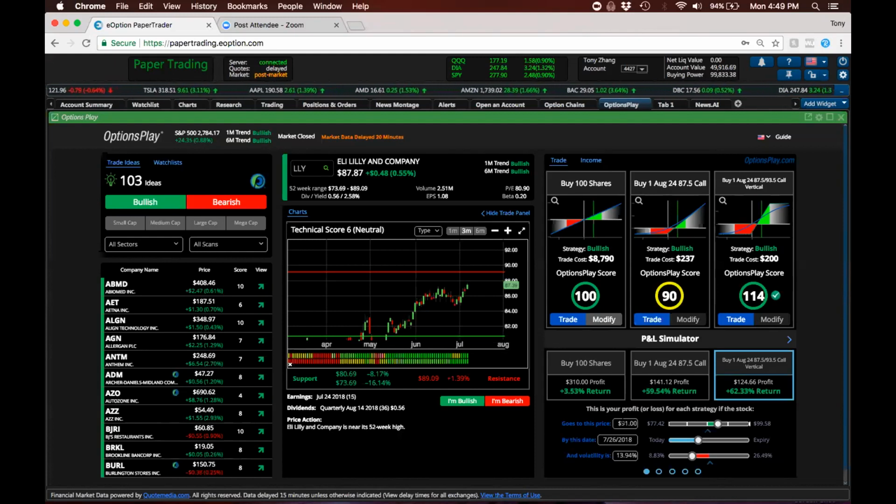Okay, so this tool allows you to really create any different scenario and see what your expected profit is, what your expected losses are. So what happens if Eli Lilly misses on earnings? What if it goes back down to this 83 level? What are our expectations? So what happens if a few days after earnings, the stock goes down to 83, volatility comes down a little. As you can see, if you had bought the stock, you lose a 5% return or $490. If you bought this call, you lose $222. If you bought this call vertical, you lose $185.